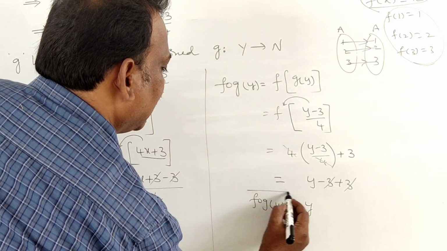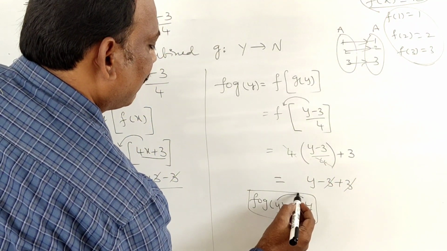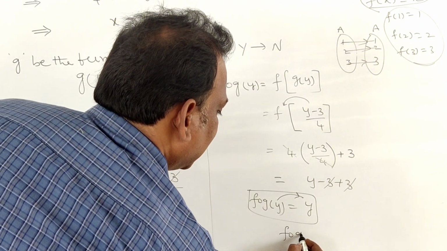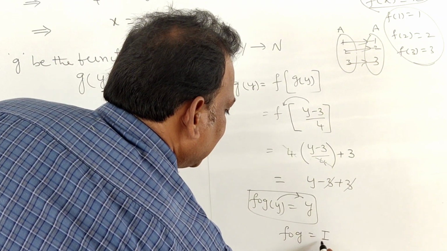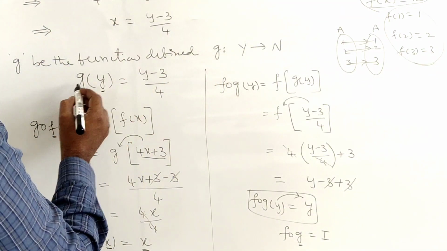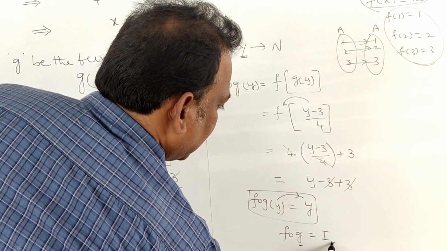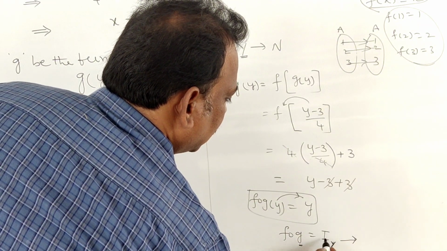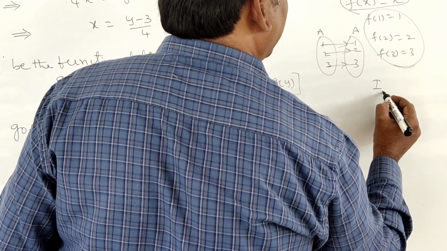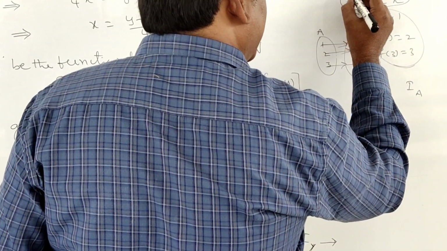See students, here also, if it is x, x, if it is y, y. So it is nothing but identity function. So we can write f circle g is equal to an identity function. What is the last set here? G. So what is g domain? Y. These representations are very important. So it is an identity function. Identity function is denoted I of x or I of a. A means identity function in its domain.